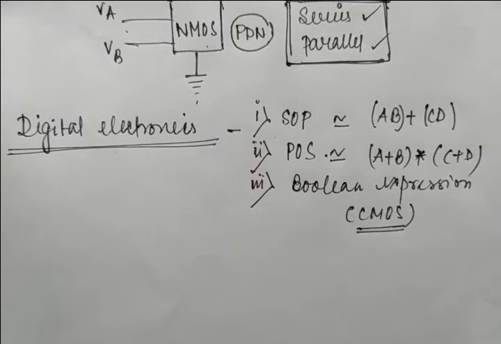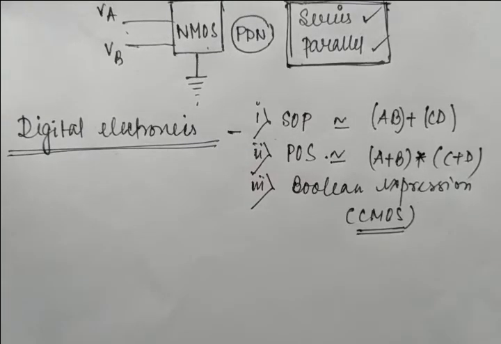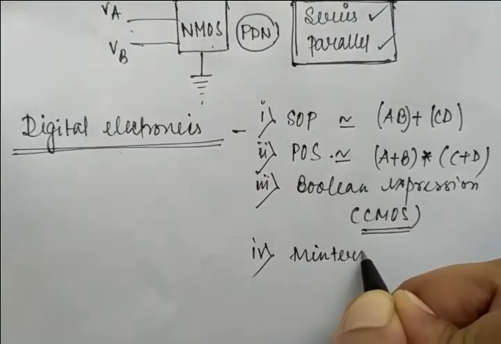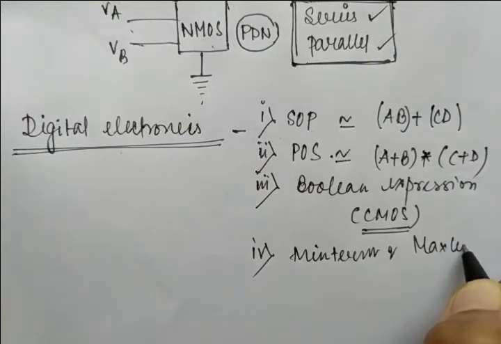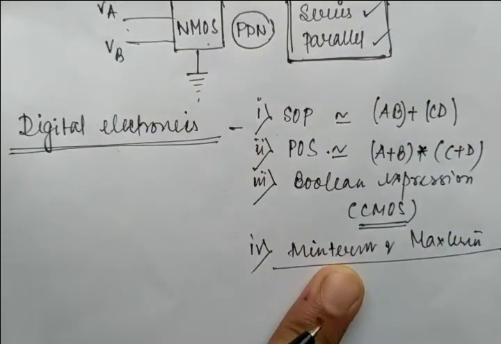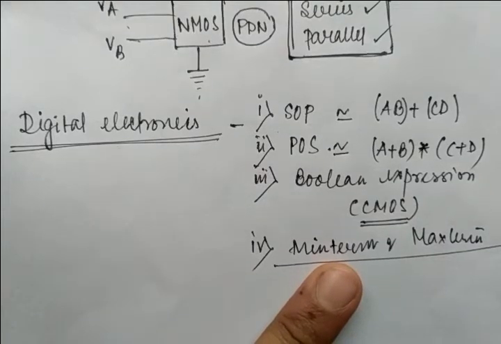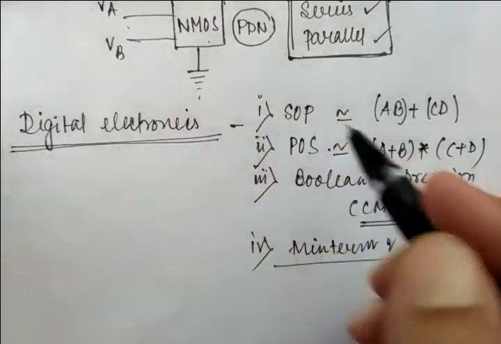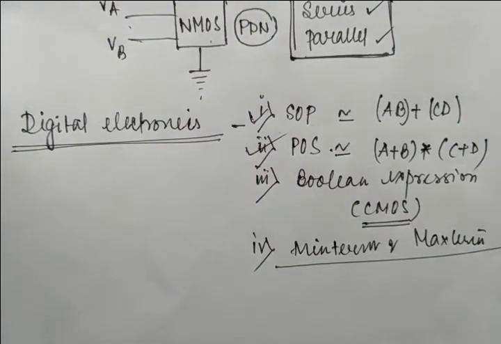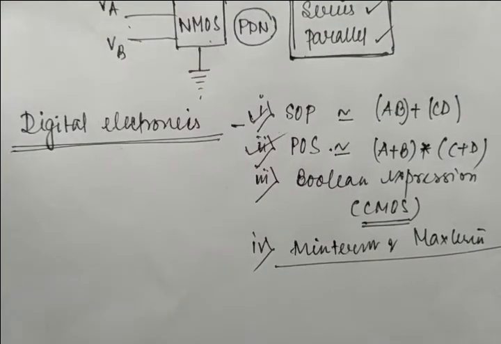Now there is a question, and again there is the min term and max term portion. This is also there. So all these are very basic parts of your digital electronics. For designing using CMOS, you have to know them very well. Okay, and I will start with sum of product and product of sum at the very beginning, and then I will enter the designing portion. Clear? Okay.